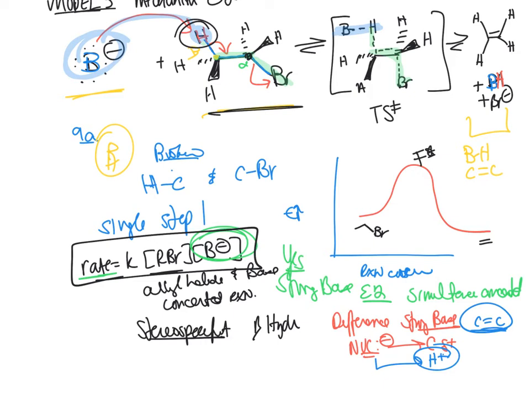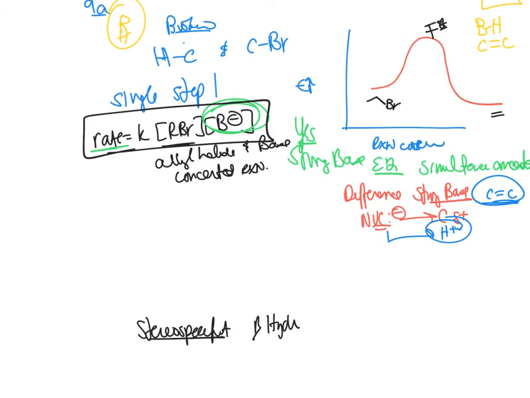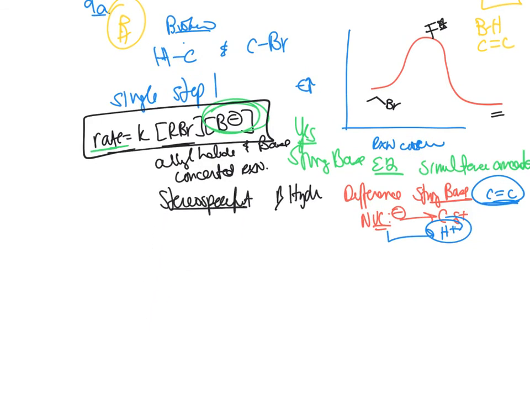Okay, so it says here, steric effects are minimal in the E2 reaction. A more substituted alkene is more stable than a less substituted. Determine the order of reactivity of alkyl halides in the E2 mechanism. Okay, so this is a little different. When we talked about SN2, what did we say? We said allylic and benzylic,